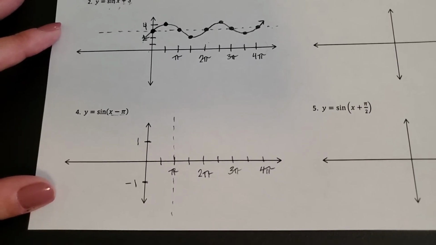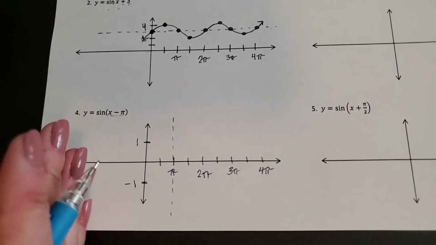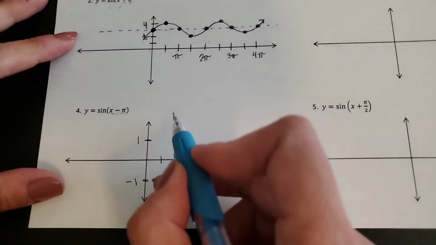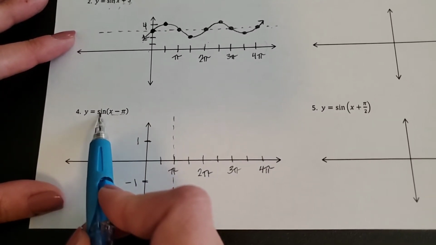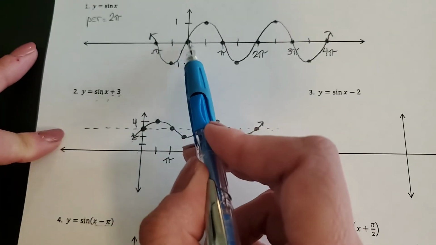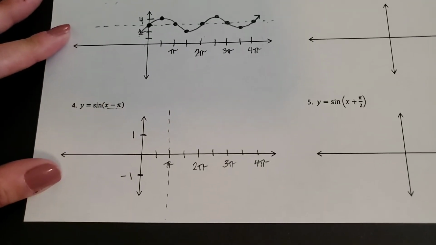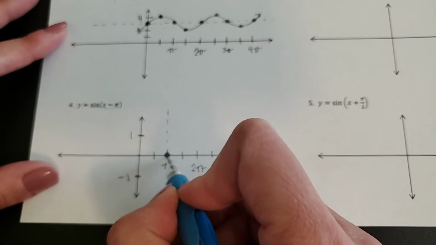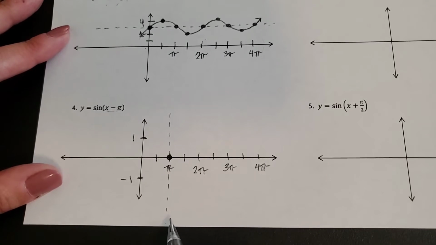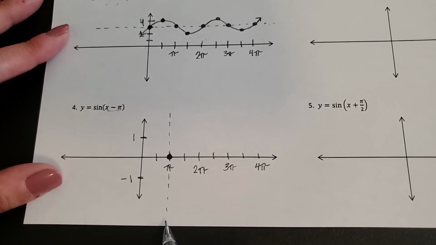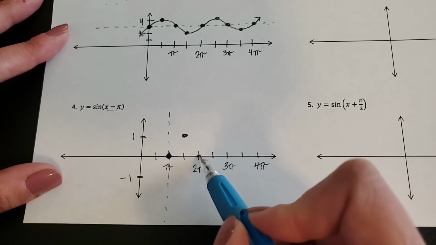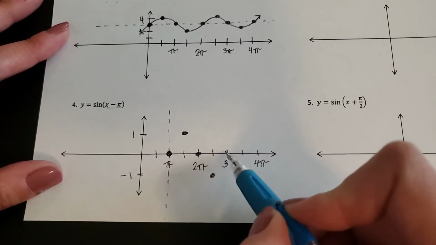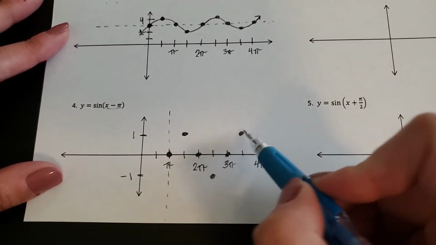Now that is not a vertical asymptote. That is just showing the fact that I've shifted to the right pi. This is where I'm going to begin. It's like the new vertical axis. So when I think about the sine function beginning at a 0, like up here, the parent function begins at a 0. That 0 is actually going to occur here at pi because my dotted line is showing me my new vertical axis. Now I'm going to follow the quarter points and go to the maximum, 0, minimum, 0, maximum,